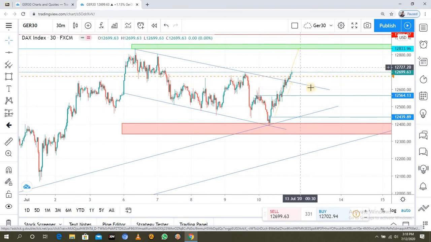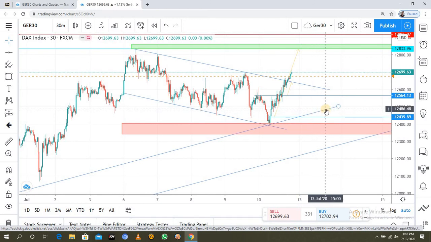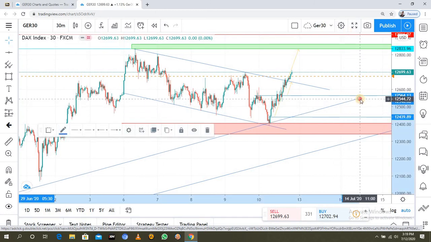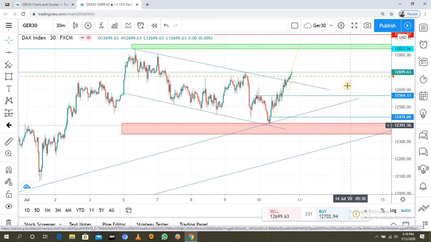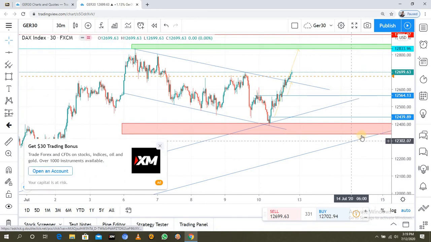And one more thing, as we know that GER30 is very volatile, it might open down here, maybe push to the downside, maybe respect this trend line, the 30-minute trend line, before pushing to the upside. But even if it breaks this, we still know that we are still in the buy movement. But when it breaks this, the daily trend line, that's when we know that we are changing direction.